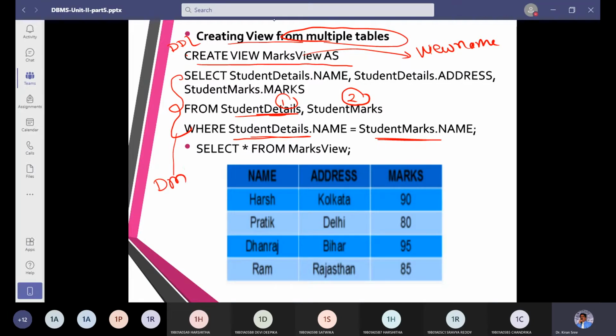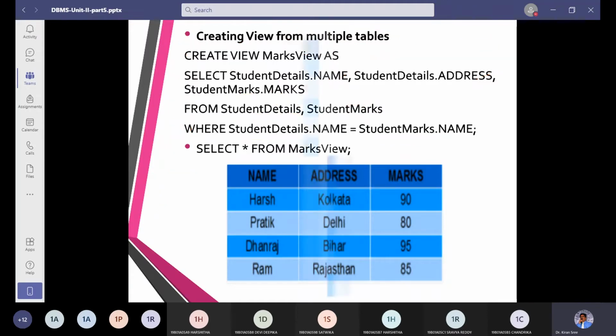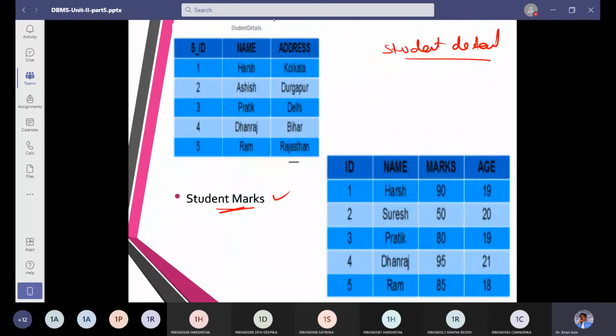We have taken this; we call it the data manipulation language command. First, we created a view with a view name. Next, we are selecting student detail dot name, student detail dot address and student marks dot address. You should understand this; I will write again. Student detail dot ID will come.